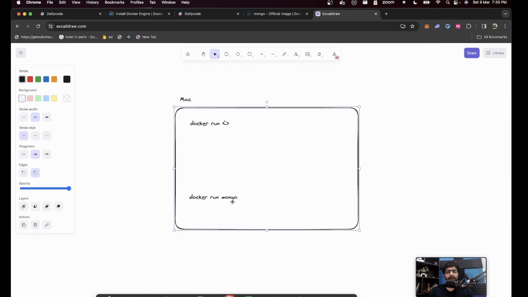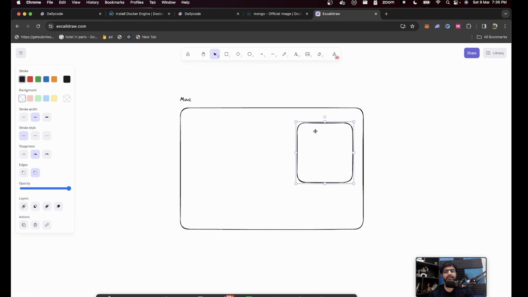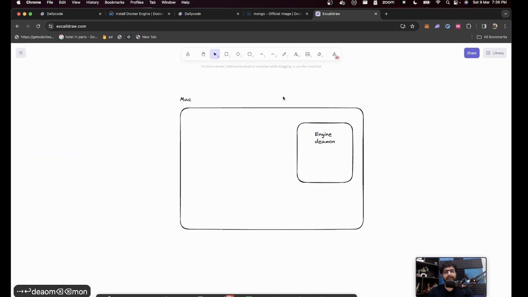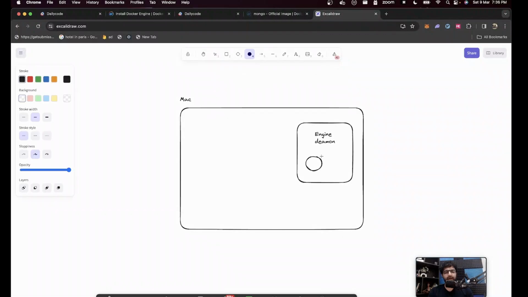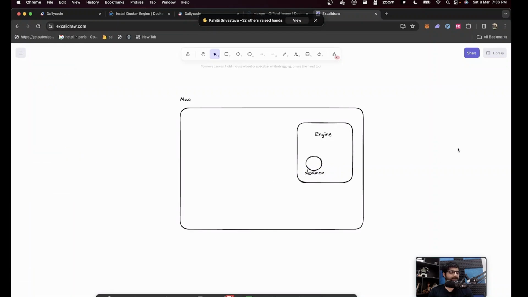Docker is a container runtime. It's something that lets you create containers, run containers, and manage containers. And the way Docker works is that it has what's called an engine, which has something called a daemon, which is basically the thing that's listening. If you want to really know what's happening under the hood, it has a daemon. Daemon basically stands for something that's listening on events.